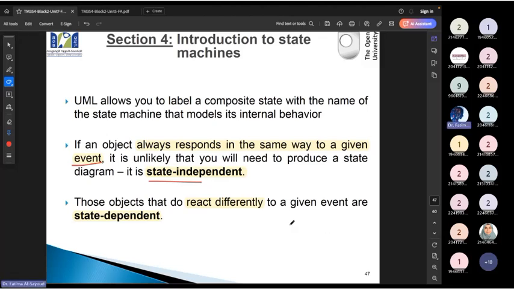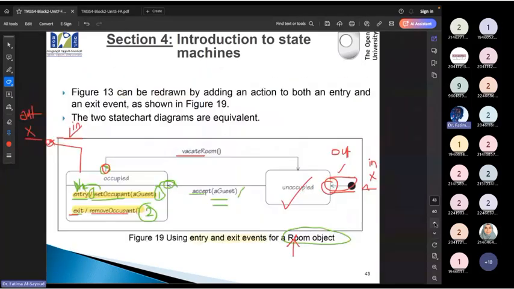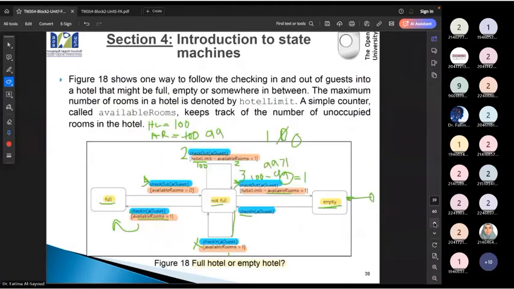However, an object that reacts differently to a given event is status dependent. خلينا نرجع إلى المثال. So I have an empty. Is it status dependent or independent? It's dependent.